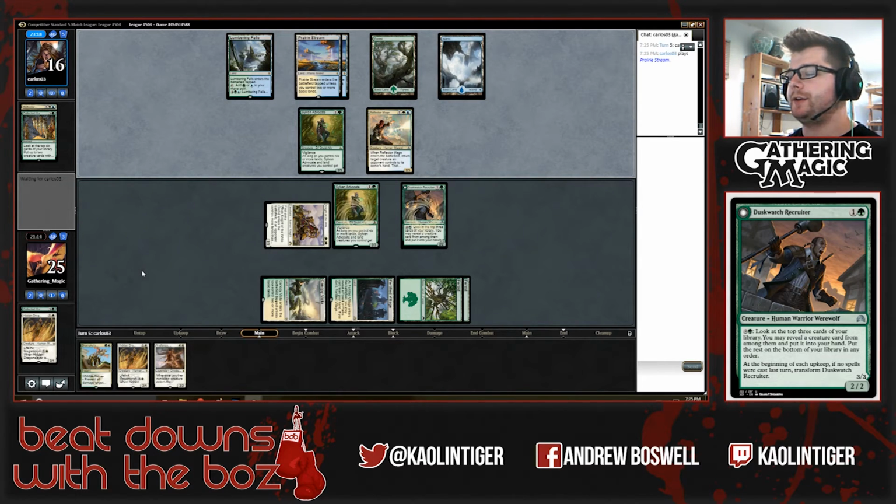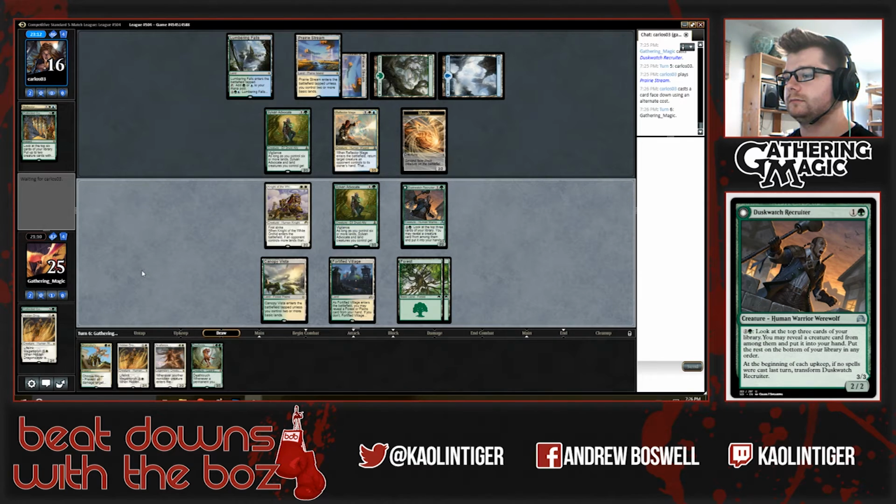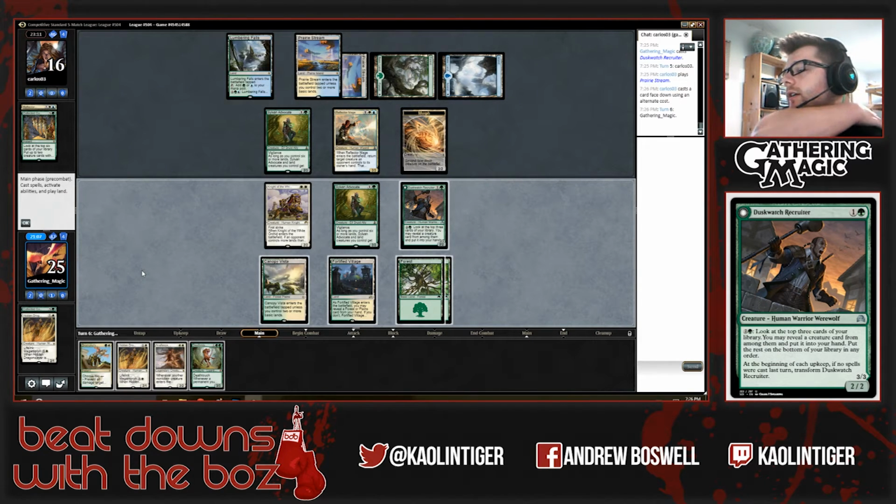My opponent passes here. I have to worry about not only Avacyn, but Collected Company as well. This is likely to be a Den Protector. And in this situation, I think it's still fine for me to just attack with the Advocate and the Knight. I wonder if it's fine for me to attack with the Duskwatch Recruit also. So if I attack with the Duskwatch Recruit, assuming the morph is a Den Protector,